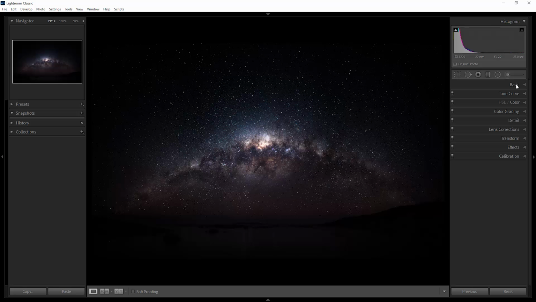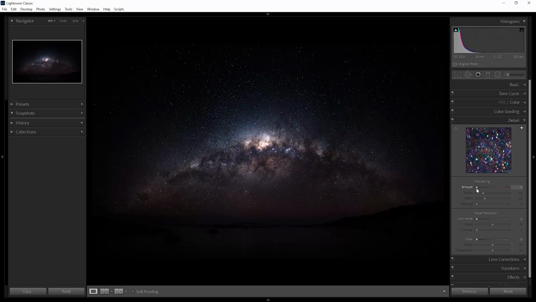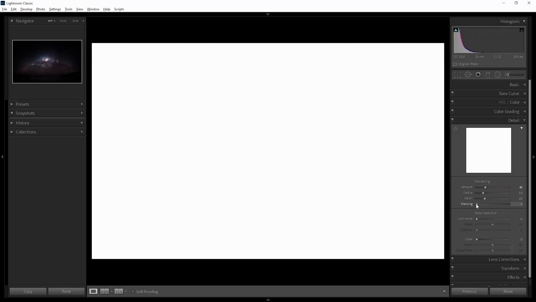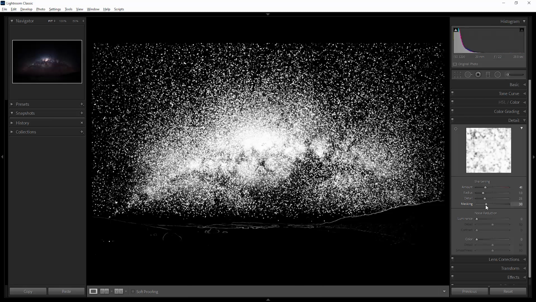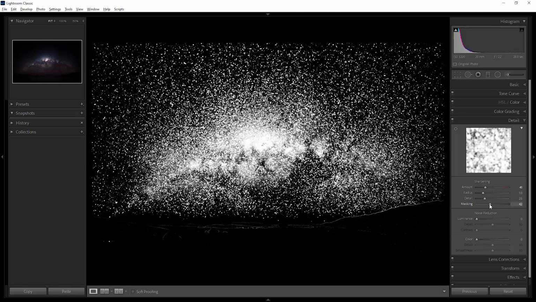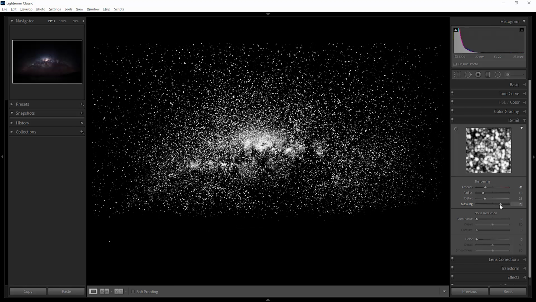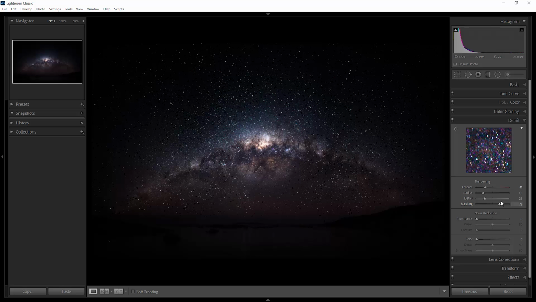Recall up until this point we haven't applied any sharpening, so as the final stage here we'll come down to the detail tab and we'll go and apply some sharpening. We'll just increase this, we'll probably go about the 40 mark. If you hold down Alt and then click and drag this mask slider, you can select where the sharpening is going to be applied. So I'm just going to apply the sharpening to the stars only, and that's the final